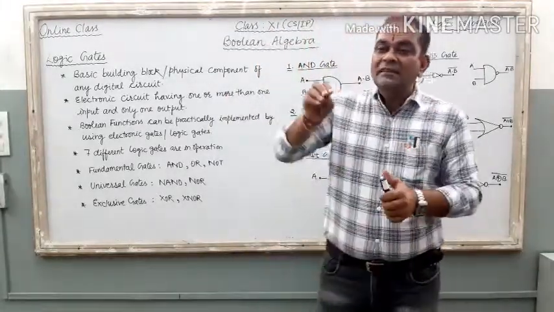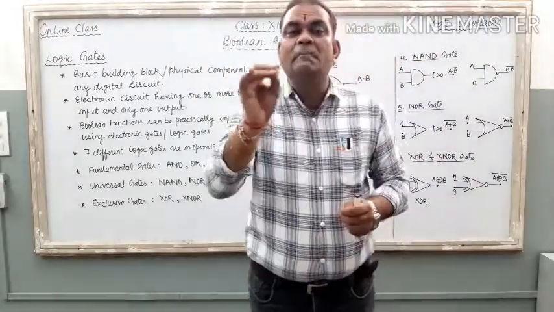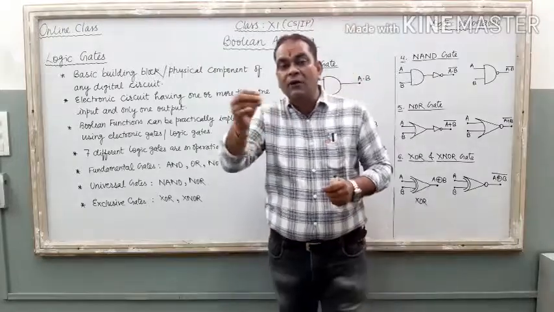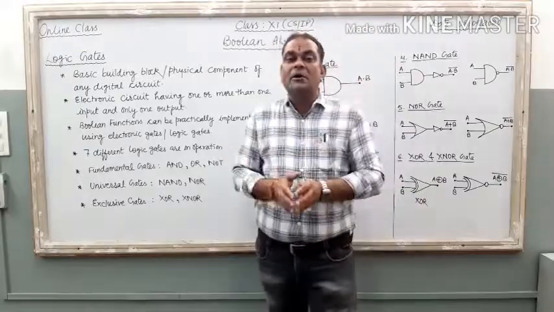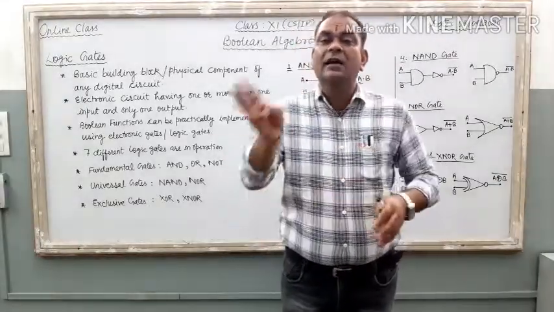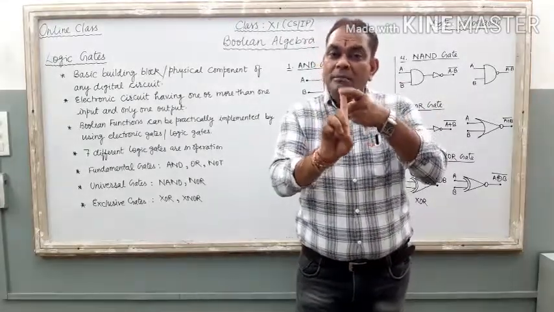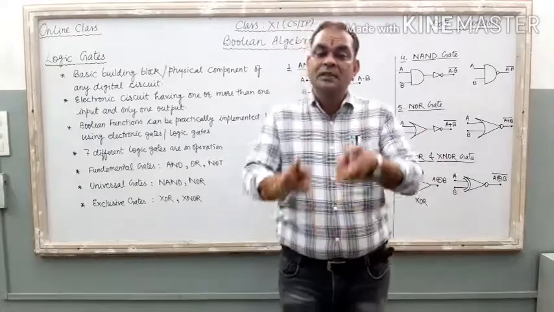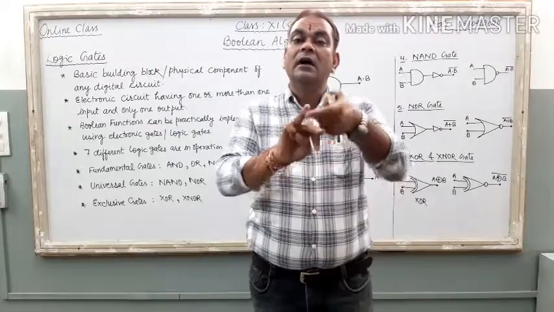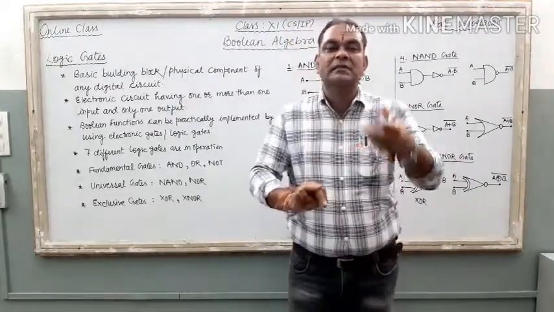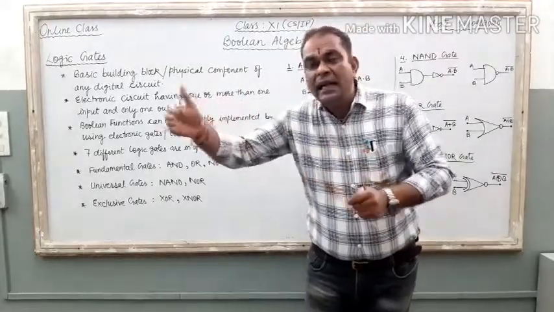If you look inside the computer's cabinet, you find that the mind of the computer is the CPU, or we can say the microprocessor. Inside the microprocessor or inside the CPU, there are three different parts. The first one is ALU, arithmetical and logical unit. The second part is CU, or we can say control unit. The third part is cache memory, or we can say registers. So the computer's mind contains three different parts.